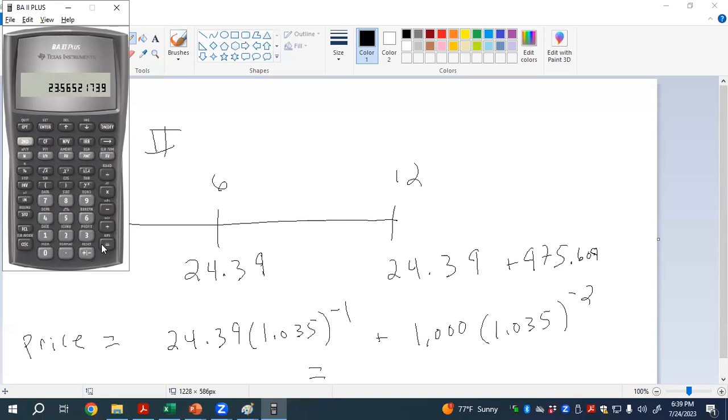Discount this by one 6-month period at 3.5% per 6 months. And then take the 1,000, discount that by 2 years, and this is going to be 957